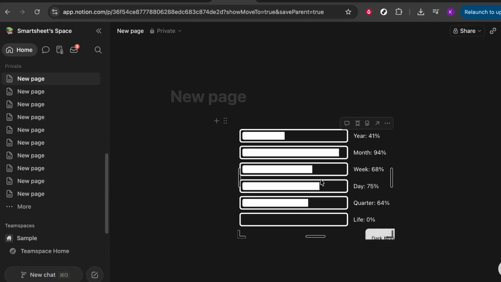And just like that, your custom widget is now beautifully integrated into your Notion page. You've successfully customized and embedded a widget in Notion, adding a layer of functionality that is both personalized